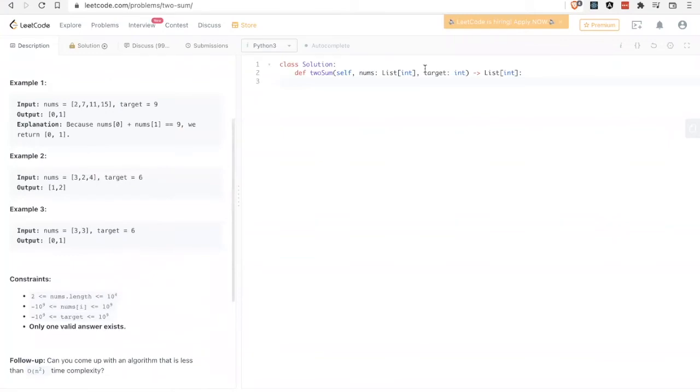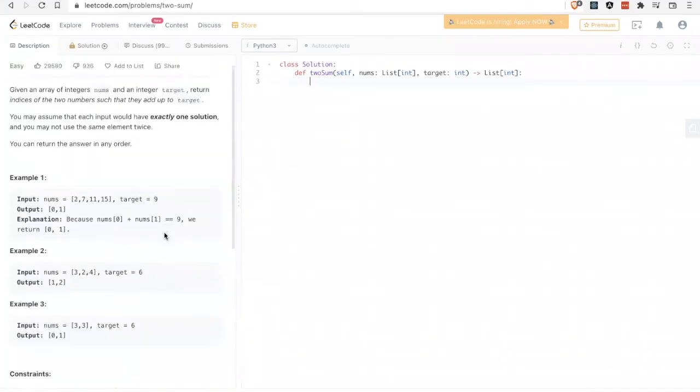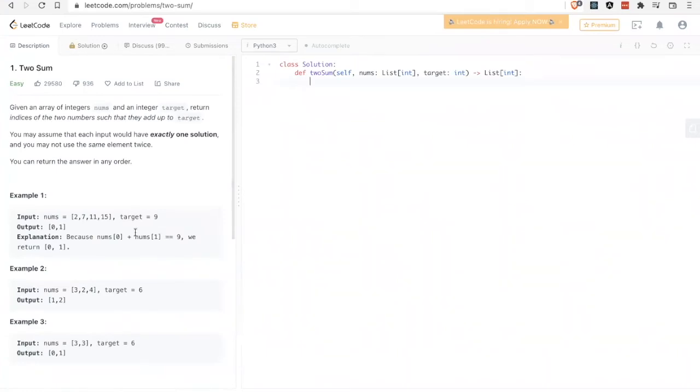And so also, before I start this problem, I'd encourage you to pause the video and try to solve it on your own. But I'll solve it right now. So we have to have numbers that add up to a certain target.